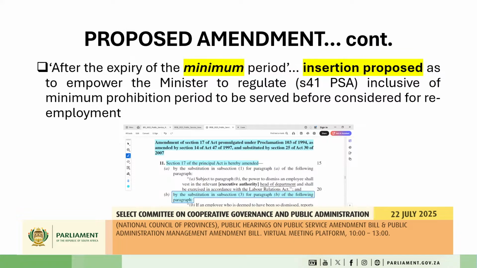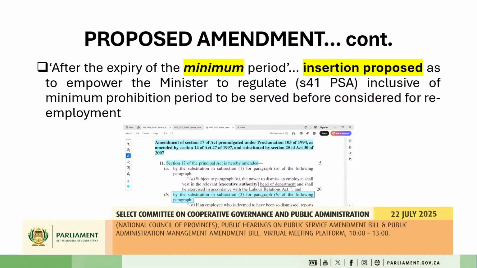So the proposal is that before the period, there could be an insertion of minimum, and then going to the period, then we insert that. That will give power to the designated minister to be able to regulate in terms of section 41